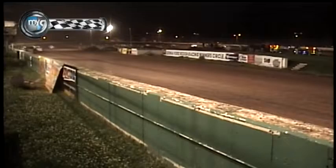the back stretch. Entering turn number 3, Skeeter takes the high line, trying to make some moves. Mac or Skeeter, which Esty is it going to be? Mac shuts the door and takes the checkered flag. Mac Esty followed by his brother Skeeter and the 0-2 there of Jesse Ogston as those guys finish 1, 2,